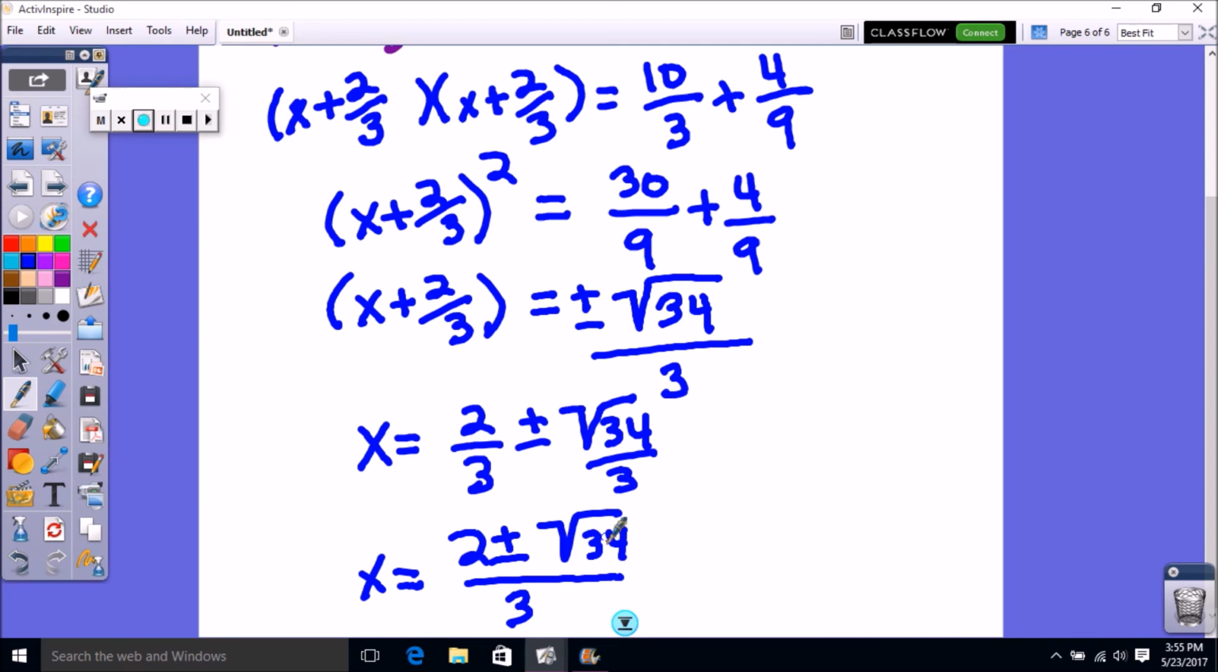In Algebra 1, to get an approximate answer, you would have done the square root of 34 in the calculator and done 2 plus that and divided by 3, and 2 minus that and divided by 3. But we're going to Algebra 2. We want to make sure we understand simplest radical form. Yeah, if you wrote it as 2 separate answers, I'll accept it. You just don't have to. So now